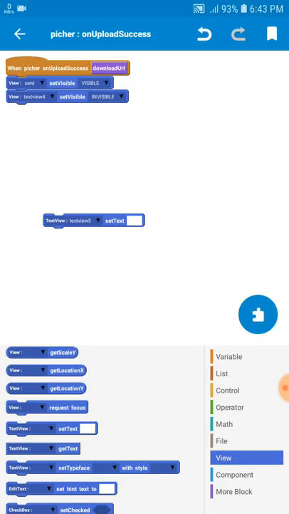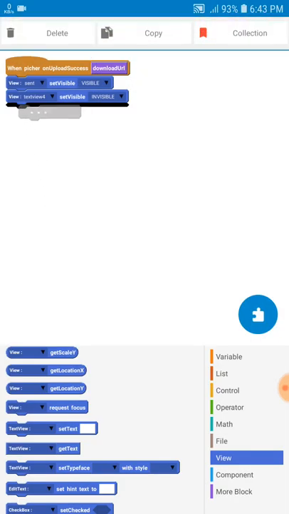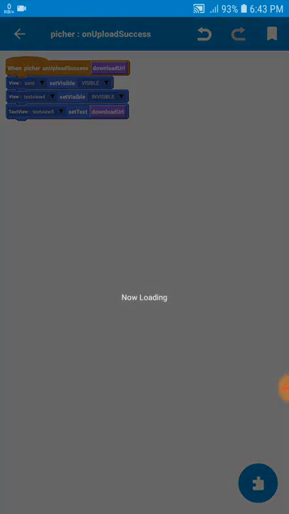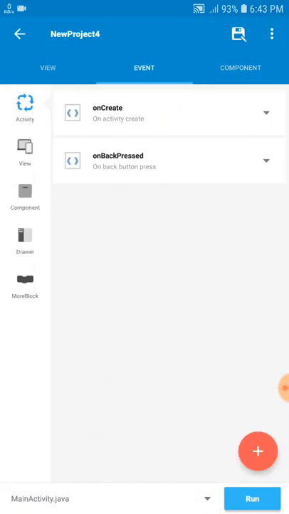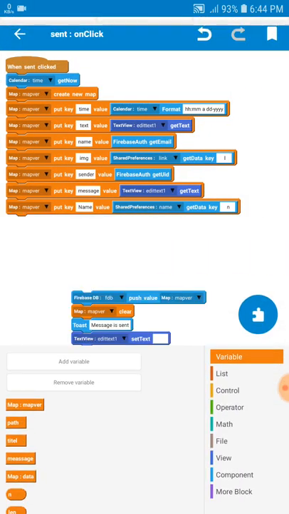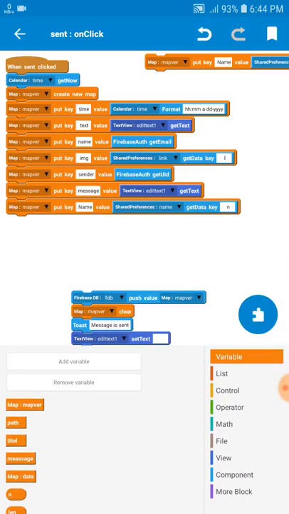So edit text 5 is for the download link, we set it here. Okay, so that's all for here. Now come on the sending button. On the sending button we want to add a new put key,